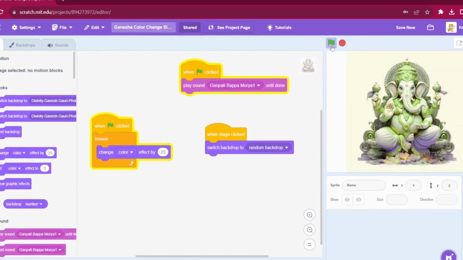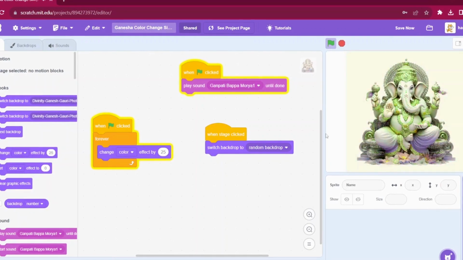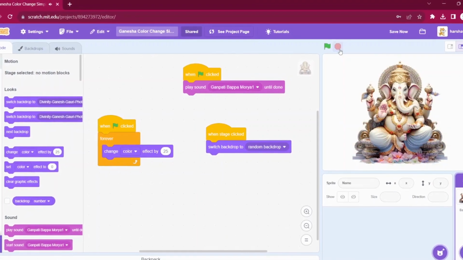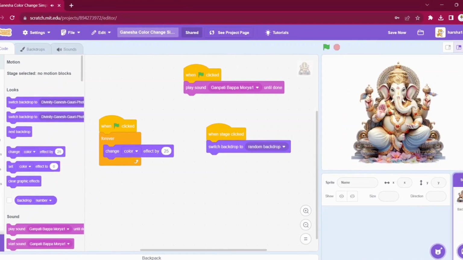Isn't it awesome? Looking so beautiful. So enjoy this Ganeshotsav, participate in this color magic, and may your artistic journey be as colorful and as magical